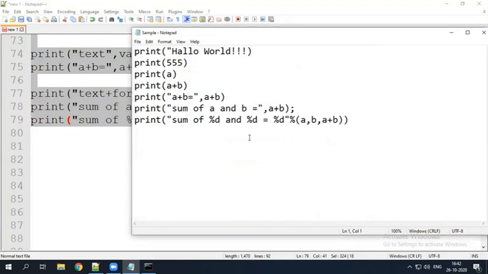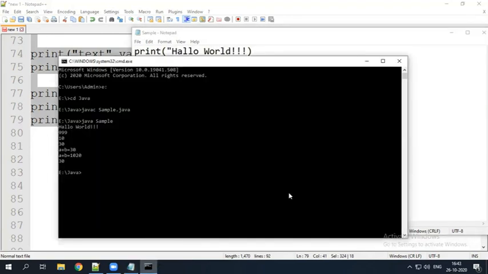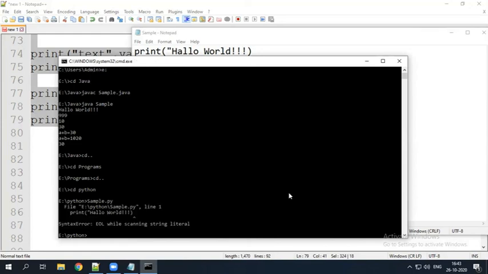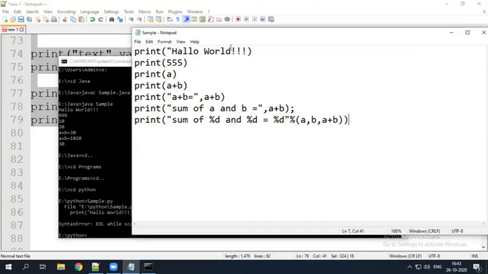Save this one. Now go to my Python directory. Now directly write sample.py. Small error. Yes, here I forgot to place a double quotation.